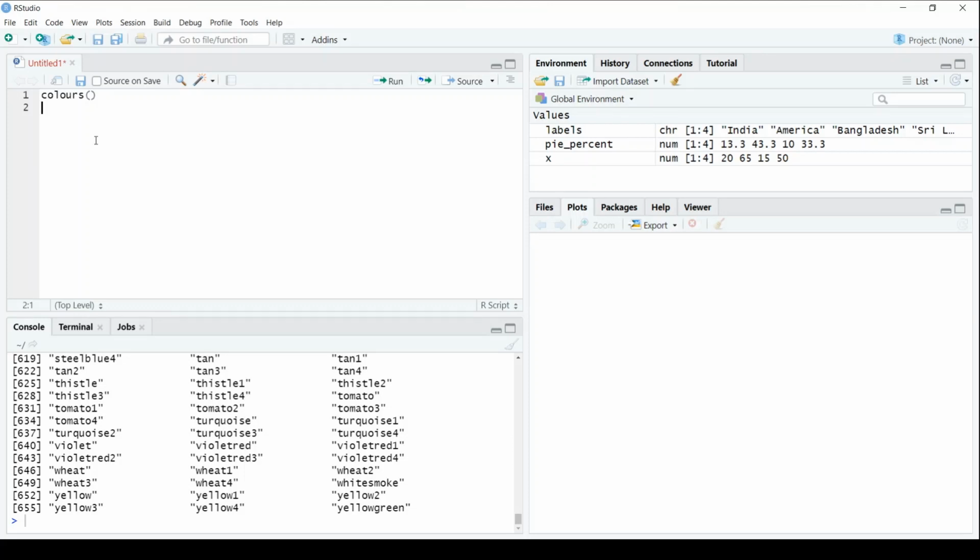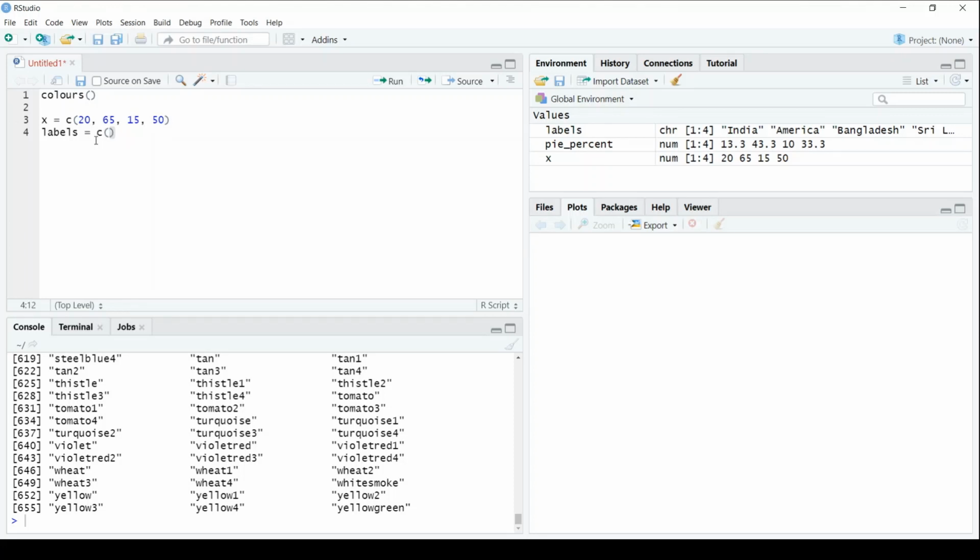Now moving back to the pie chart, we'll take some data first. I'll take a variable x and create a vector as 20, 65, 15 and 50, right? So this is our vector, and we'll take labels to describe what is being displayed on that pie chart. We'll use the same number of values.